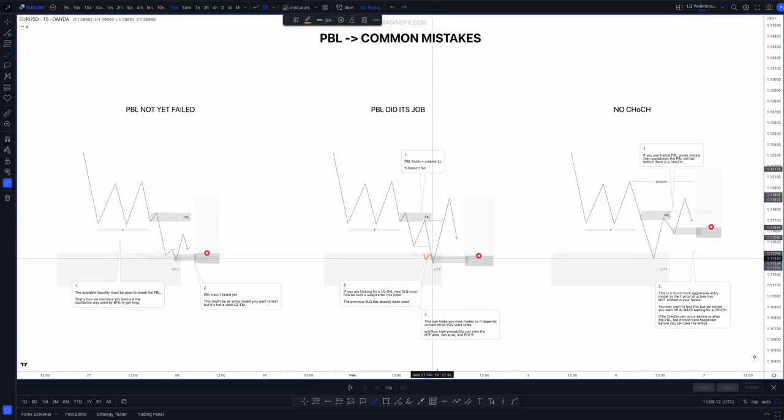You need to see the entry model again, right? So you need to see those equals, the PBL fail, the CHoCH, and okay, and now you would have it. Again, if you need to see the liquidity entry model in this POI, right? Because then what can happen is the PBL has been used, no new liquidity is built, then we do get a break of structure to the upside, and then this could potentially be an entry, but it